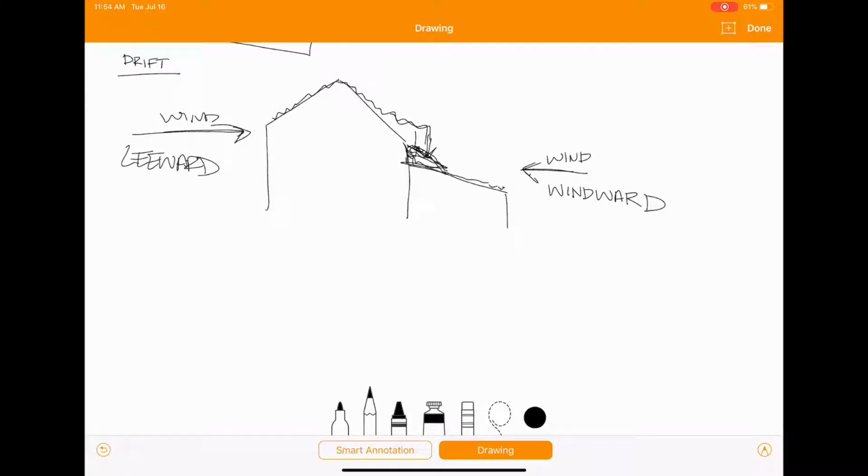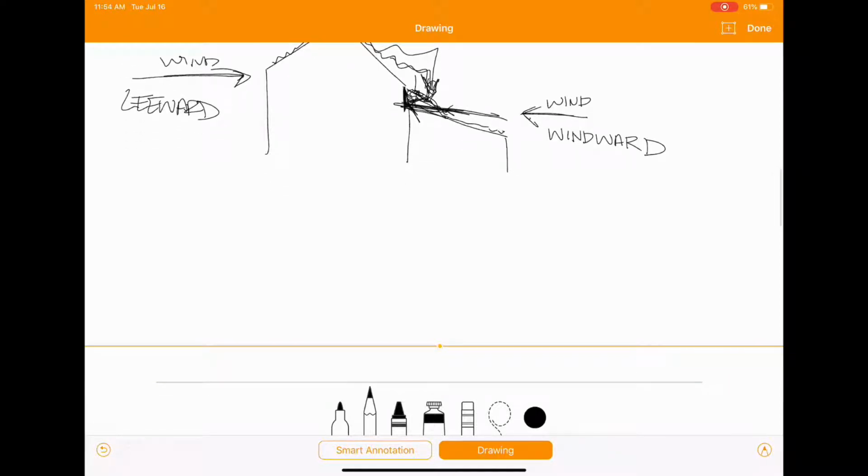Now, you know that it's windward because the wind is going to push the snow into some obstruction where it's piling up. Versus leeward, it's just going to kind of drop it off and pile it up in that section versus pushing that snow up against a surface. So if we had a mirror image of that,